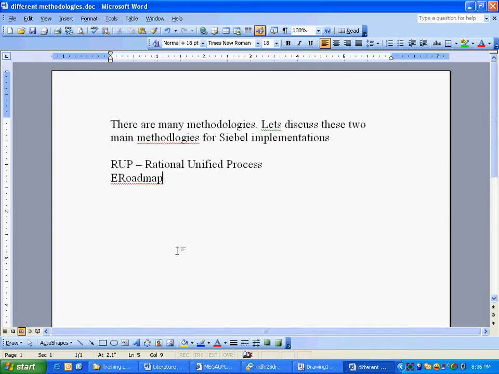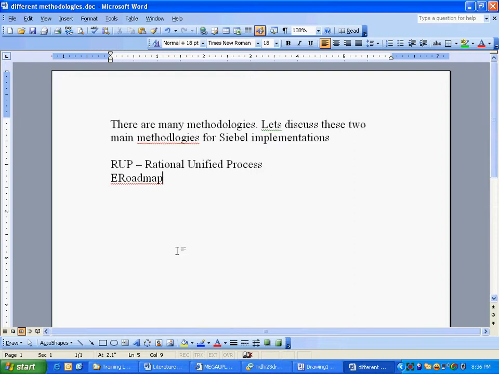So that's what a methodology in general means: what are the methods or the various procedures that you're going to put in place in order to do something. So in terms of generic software, not only Siebel, in the software world, methodology means the set of standard steps that need to be taken.